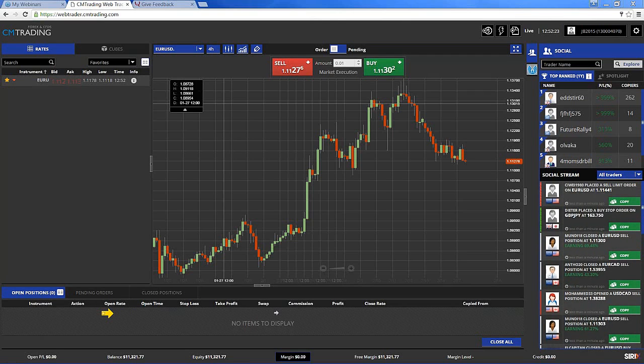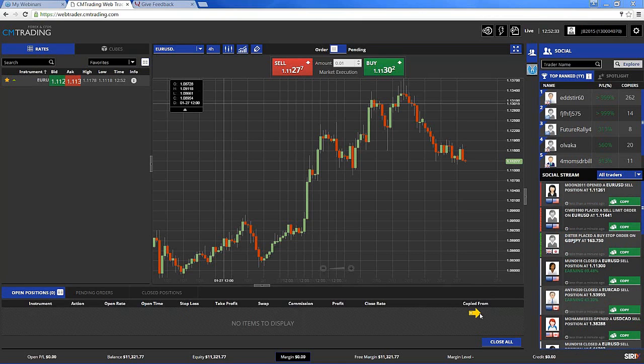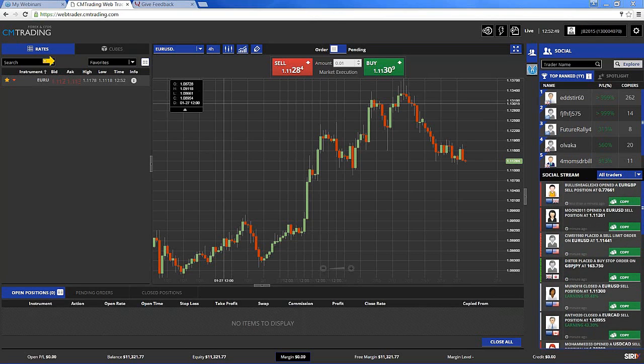Then you can set take profit, you can set stop loss, and at this point, if you're copying, this is where you will see the name of the trader you're copying. I will get more into that in one moment. I'd like to show you the left side where it says rates. This is where you can find all